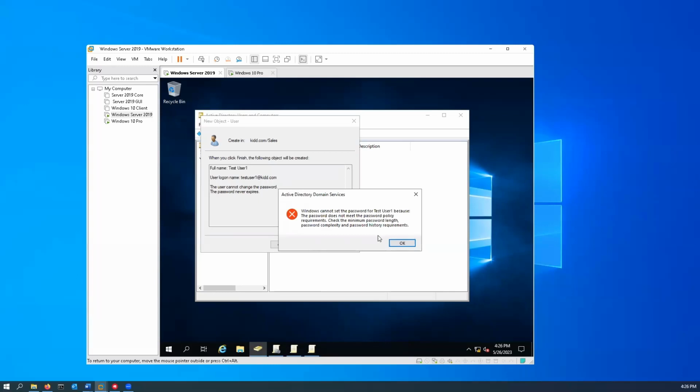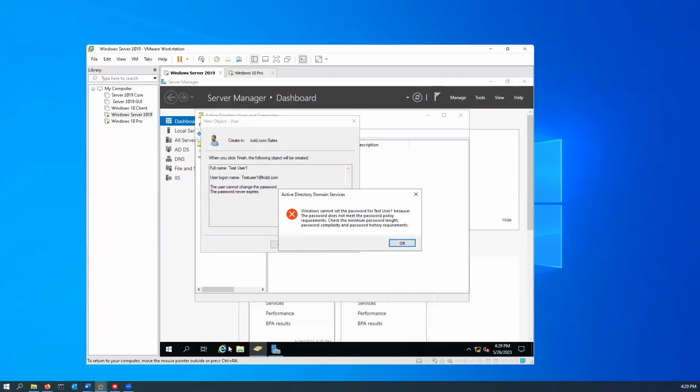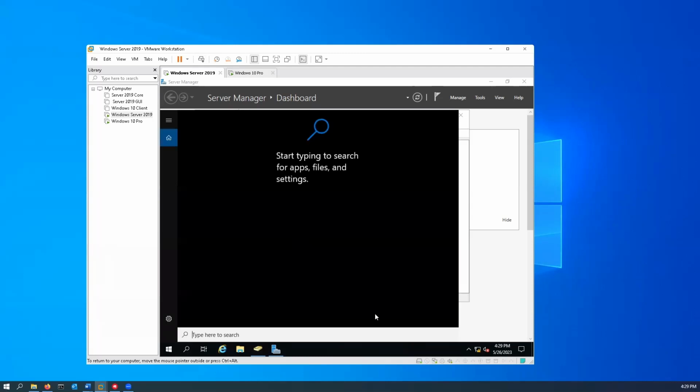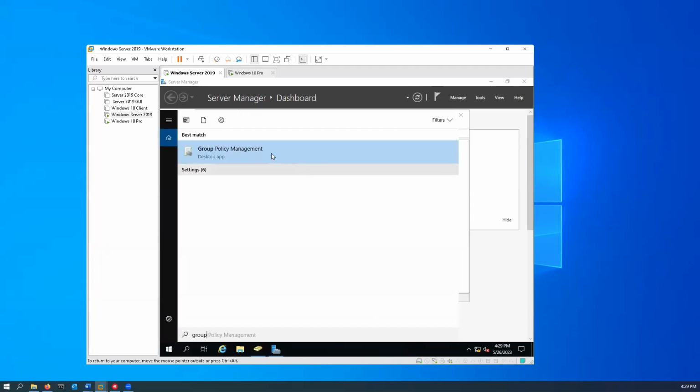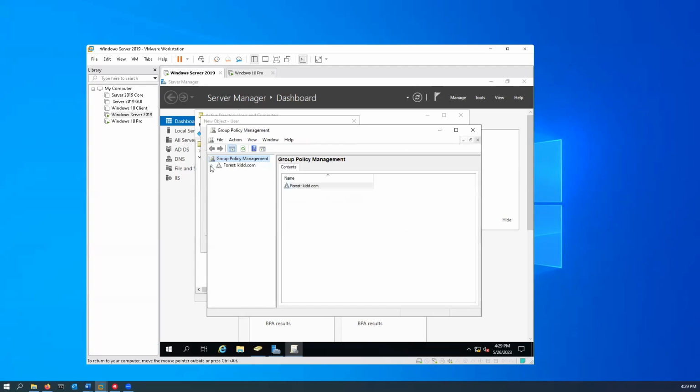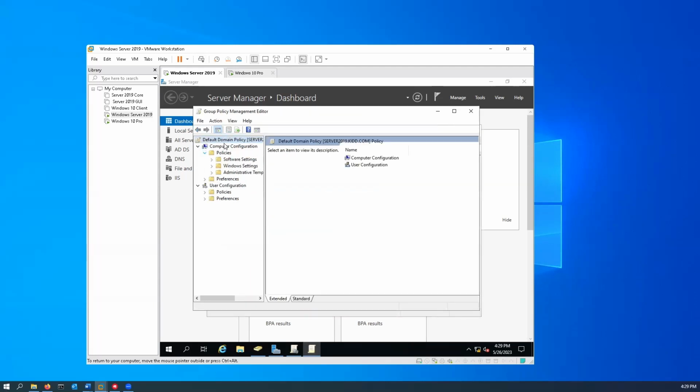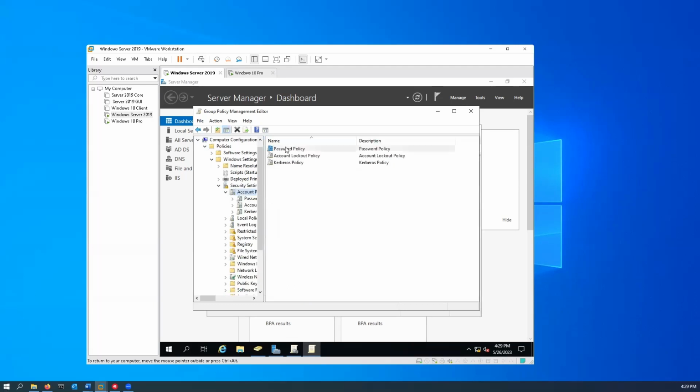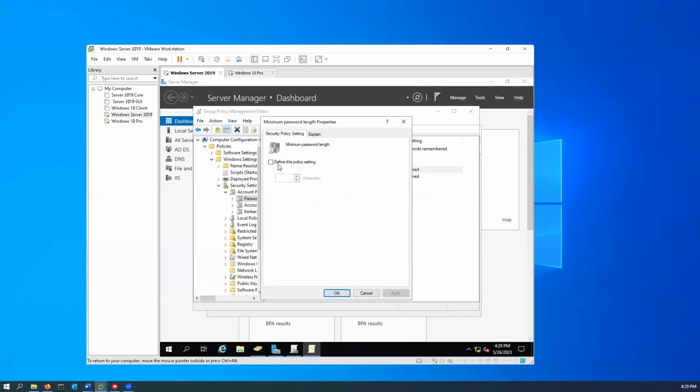It still doesn't like that this is set up. It still says that the complexity is wrong. So we're going to go back into our group policy. We'll expand this out again, edit our default domain policy, go to computer configuration, policies, Windows settings, security settings, account policies, password policy. And instead of not defining these, let's go ahead and define them as 0